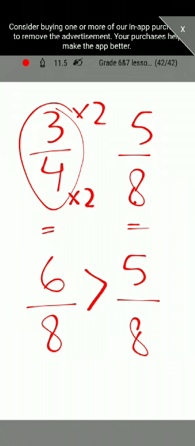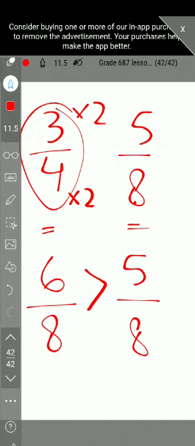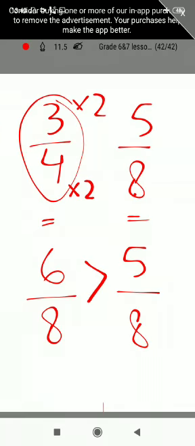So in fractions that are completely unlike, where numerators and denominators are both different, we rewrite one of them as an equivalent fraction, make it equal to the other fraction, take a common denominator, and then compare those fractions. All right, that's